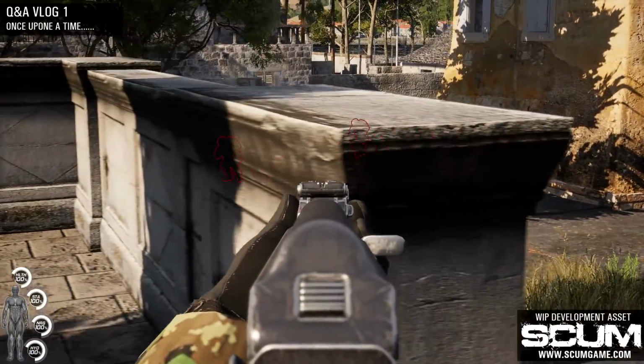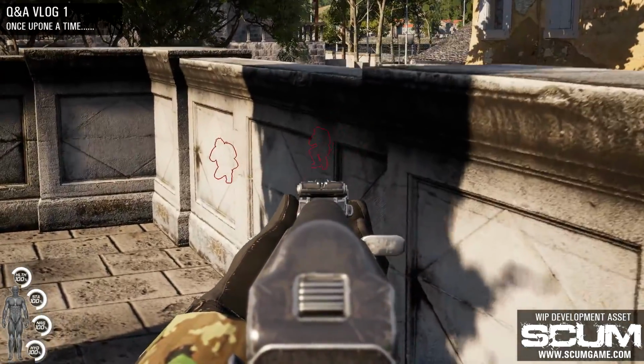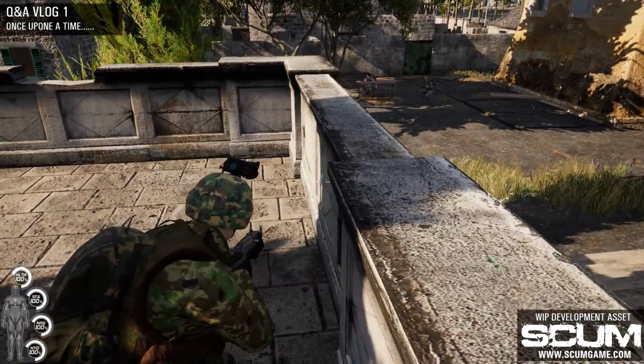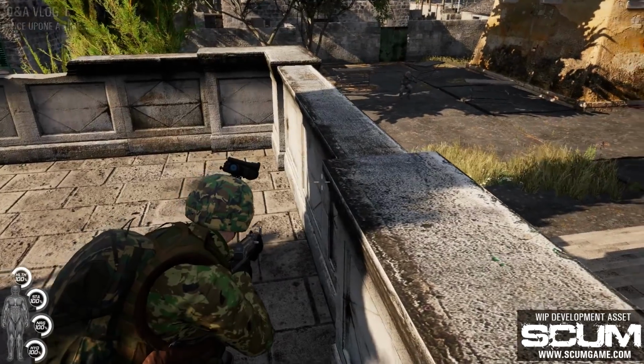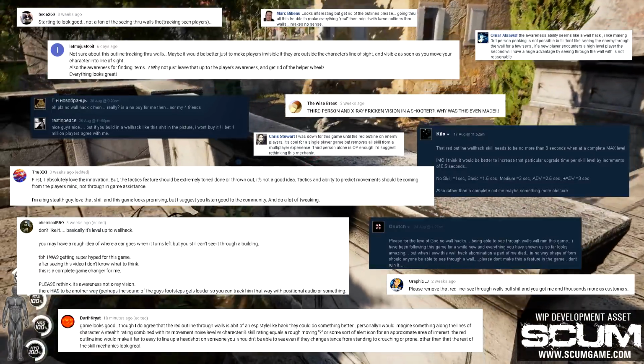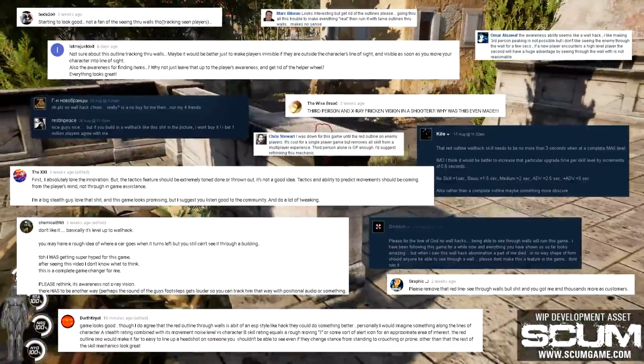It seems that our last SCUM video made some noise, and we kind of felt that some of the features needed to be explained better. So let's address the biggest issue of them all, and that's the wall hack issue. Before we start on that, we have to go back 30 years, back to a time